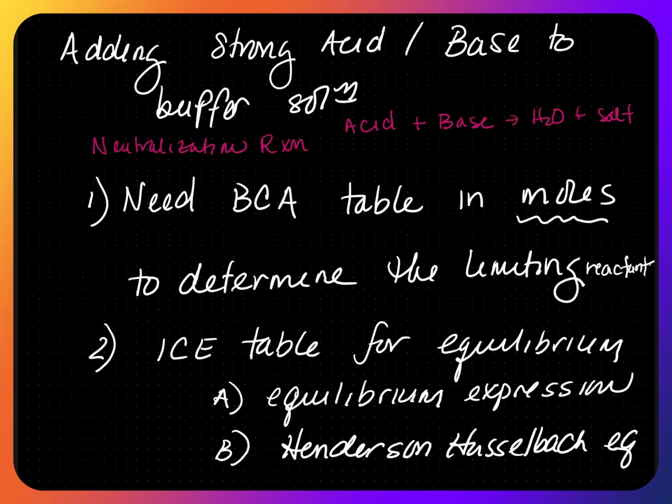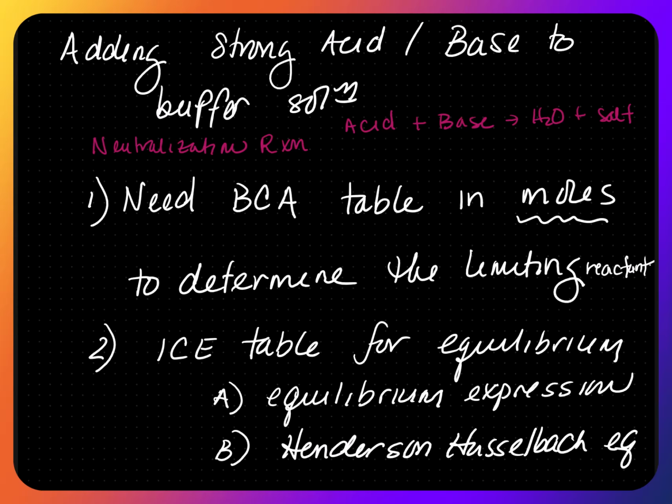After you write your neutralization reaction, you write a BCA table. This is before, change, and after. In the table, we are determining how many moles of acid and base are neutralized. So the math must be calculated in moles, and you must determine the limiting reactant. As before, on the left side, you will subtract the limit, and on the right side, you will add the limit. Afterwards, depending on what is present, you will write an equilibrium equation, either an acid dissociation or a base